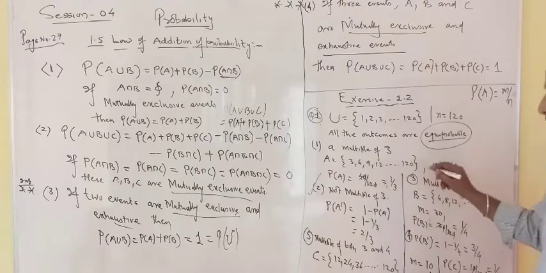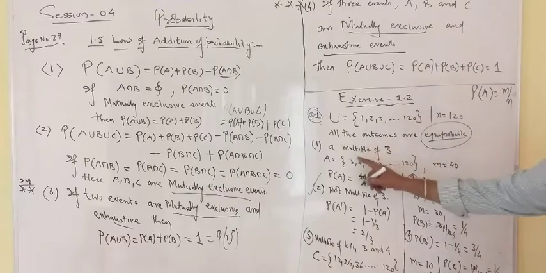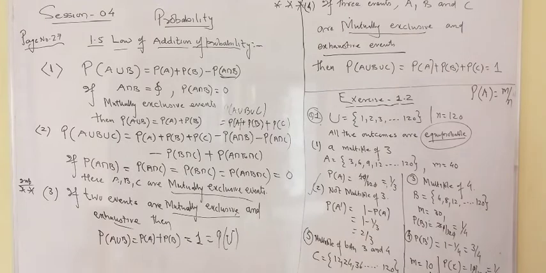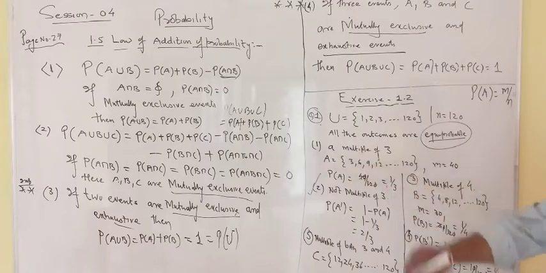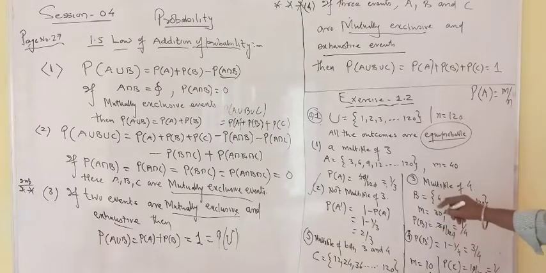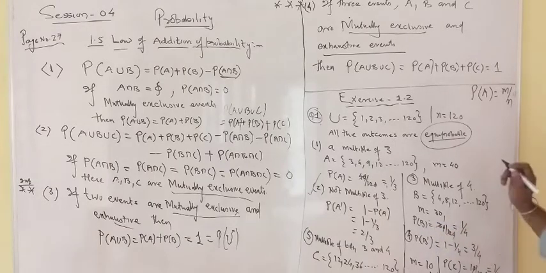Then there is one more part, the third part, multiple of 4. Here it was multiple of 3. Now if you are going for multiple of 4, go for the table of 4. So it will be 4, 8, 12, again up to 120. If you count all the members, no need of writing all the members, you just use, not guessing, but your common sense. 120 divided by 4, automatically 30 members will be there. So see the probability of B, 30 upon 120. So the answer will be probability of B is equal to 1 by 4.